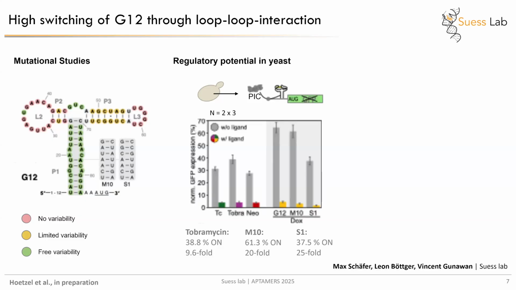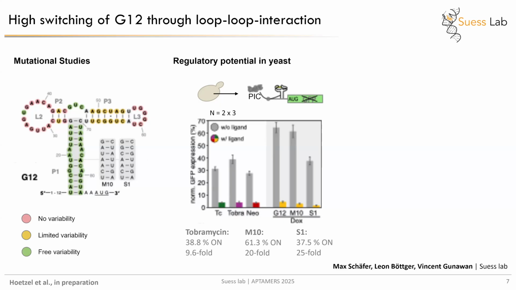And what we have on the left is tetracycline, tobramycin, and neomycin in their best working forms in yeast, compared to 3 versions of the doxycycline aptamer, D12 and M10, so D12, the original version, and M10 as well. And what you can see right away is that we have high expression levels for all doxycycline aptamers. Again, in the same setup, we just exchange the aptamer. And also it switches down to a similar or even lower level of expression compared to the other aptamers. And since we're here in the setup in yeast where this change in stability from a very loose unbound state to a very stable bound state counts,